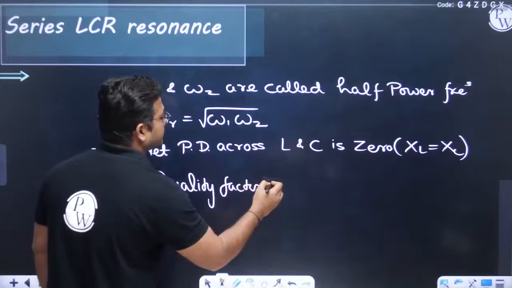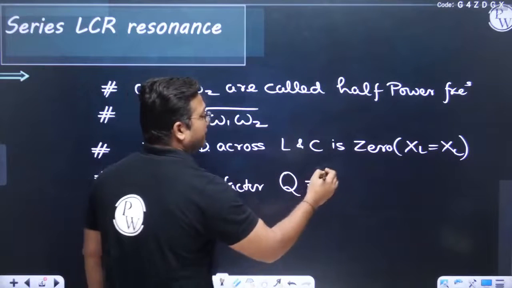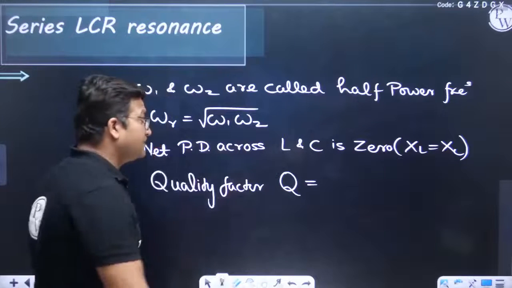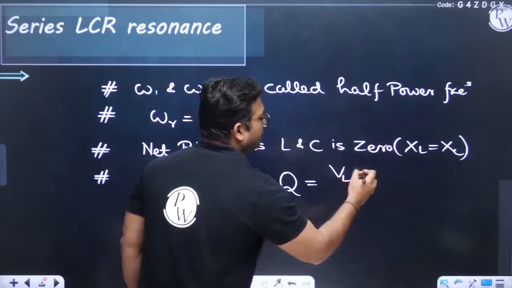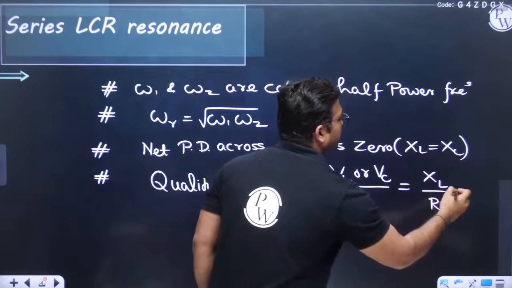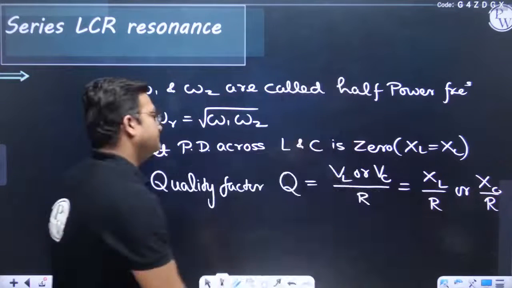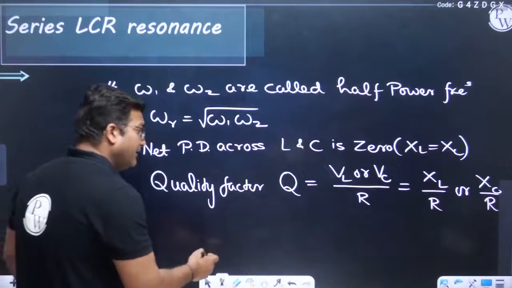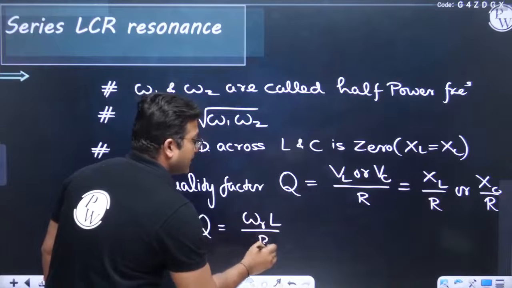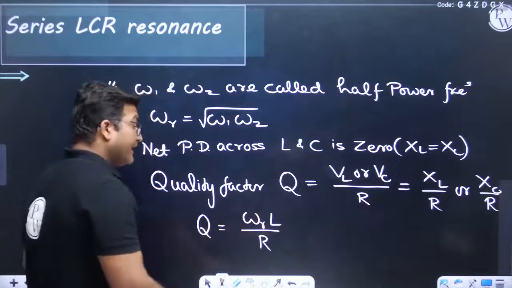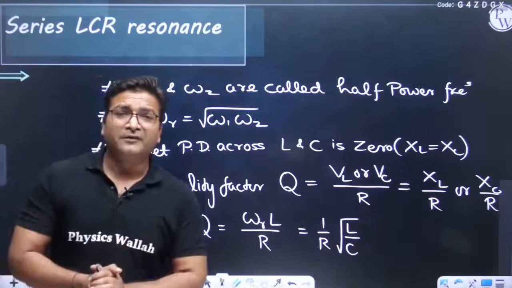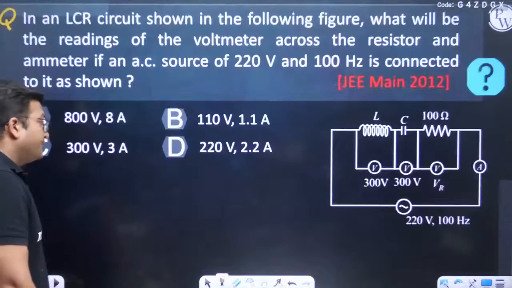Quality factor or Q, and Q is given by the potential difference across the inductor or capacitor divided by the potential difference across R, meaning VL or VC divided by R. So this can be written as XL by R or XC by R. XL is omega L. As resonance is occurring, you will have Q as omega L divided by R, and if you put the value of omega as 1 over root LC, you will get 1 by R root L by C. So these are a few facts about the resonating circuit, and please remember them all,